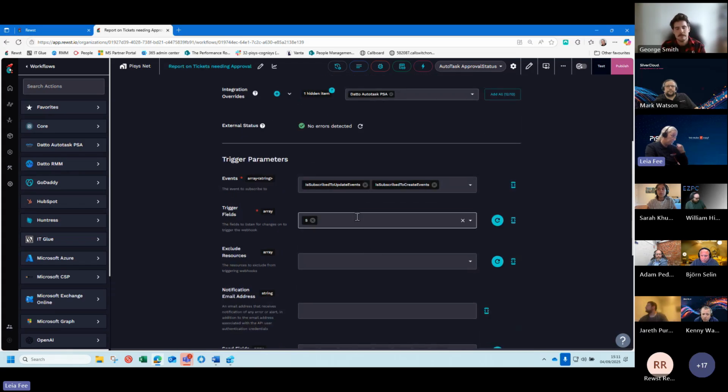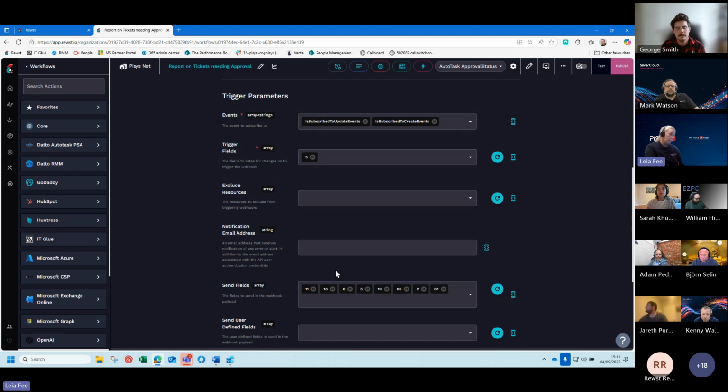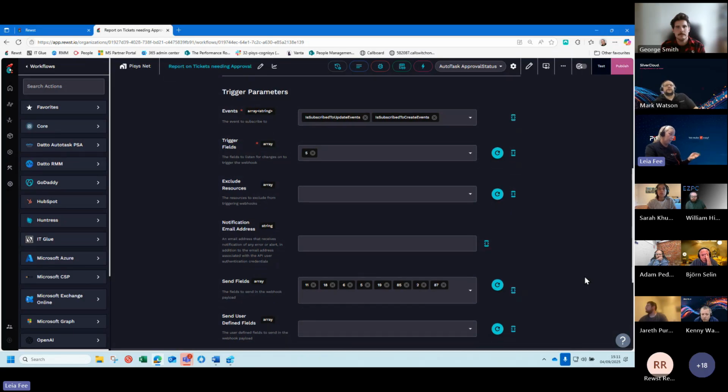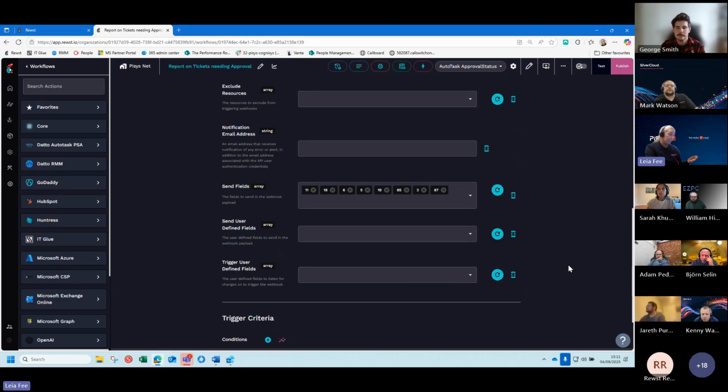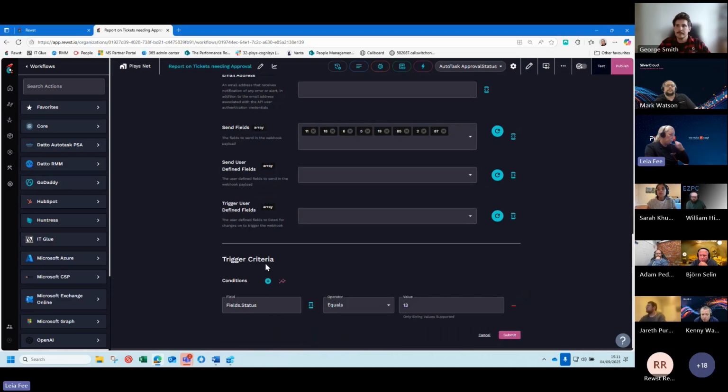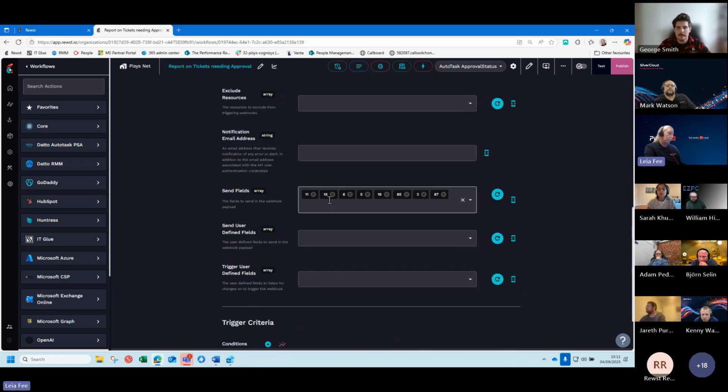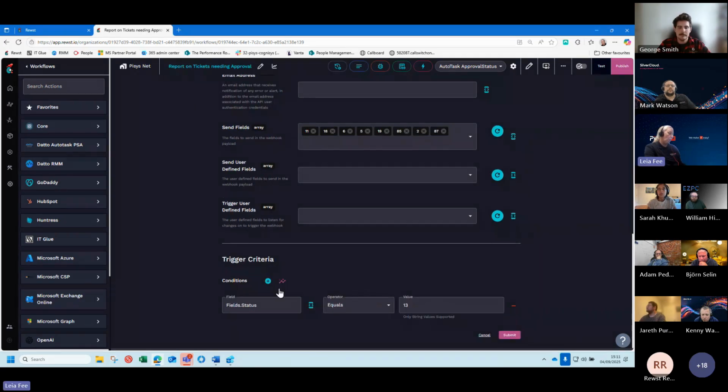So it's looking at the status field, and then it's passing a bunch of other fields, which are things like resource ID, ticket number, date created, ticket title, and the engineer assigned, which it calls the primary resource in our particular system. One thing which was super useful to me that I used a lot when I was trying to figure out which of these fields I was interested in and what the actual data was being passed was this